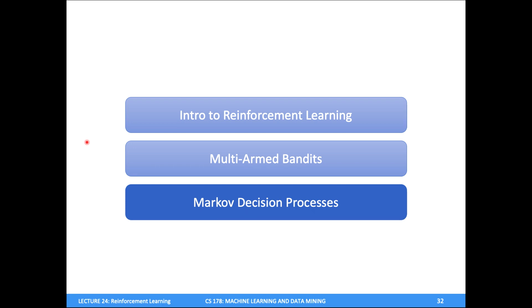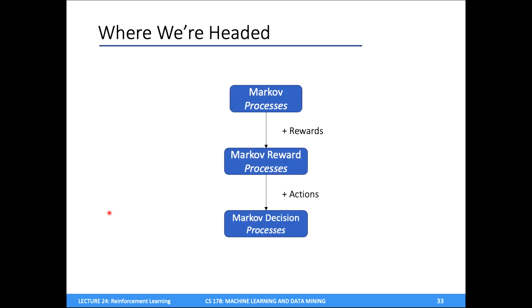Okay, cool. So let's go ahead and talk about Markov decision processes now. I mostly wanted to talk about multi-armed bandits just to give you an example of what a real concrete RL problem looks like. But now we're going to talk about RL problems at a higher level of generality. In particular, we're going to phrase things in terms of these Markov decision processes, but it's going to take us a little while to get there. There's lots of stuff we need to build up first.